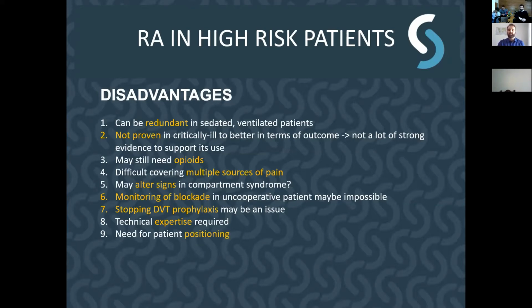It is not always possible to position your patient in the optimal position to do regional anesthesia, but we have such a wealth of skills now and so many routes that we can take to do the same kind of block, whether in plane, out of plane, anterior, lateral. We can do the blocks from any side, especially now with ultrasound use. So positioning is not a big problem anymore. Then anatomical landmarks might be difficult. Yes, it might. But then again, if you know the anatomy and you know your sono anatomy, this shouldn't be a problem.